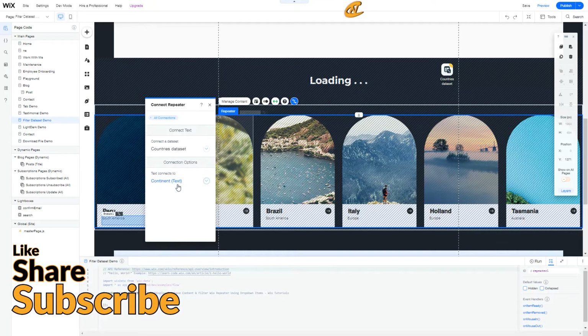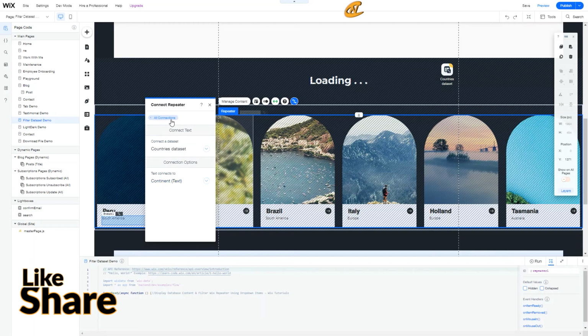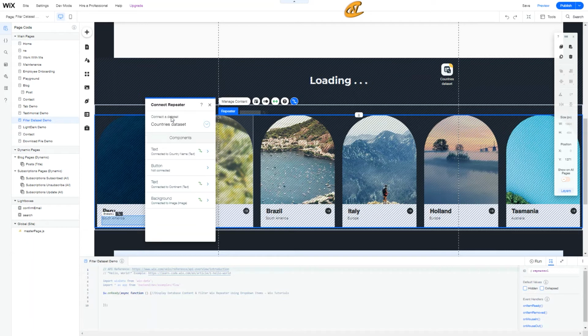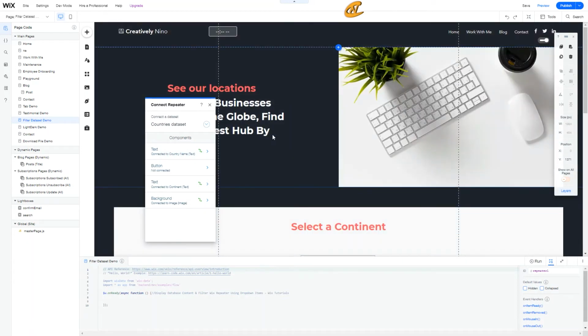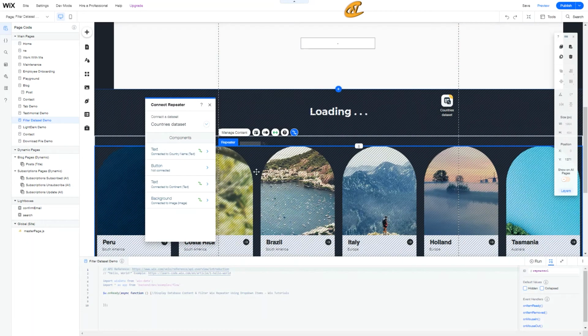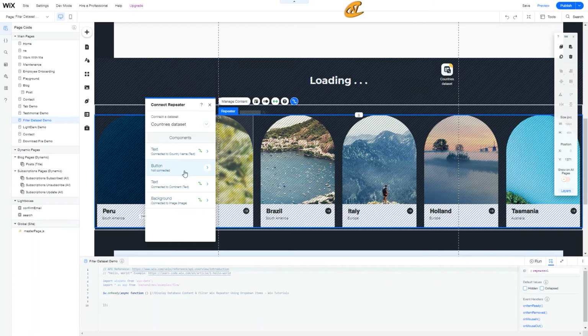And then for the text below here, I have the continent, just so that you guys can see that the continent is actually correct and up to date. And then we have the background image. This is just an image of the country and the beautifulness of basically who they are supporting here globally. I don't do anything with the button right now because I'm not going to go into dynamic data sets,